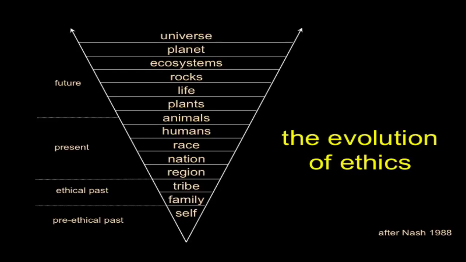The next thing comes our family, mom and dad, maybe our brothers, sisters. The next thing, our local immediate tribe, or maybe the people on our street. Then we go up to the region, so Southern California folks or Californians. Then we go up to nation, so then we're Americans, right? That kind of deal. Next, and this is where Nash argues that our modern society is somewhere in here. Depends on where we are on the planet and what society we're talking about, but this is the typical area we're in. Then we go to race, then we go to all humans,